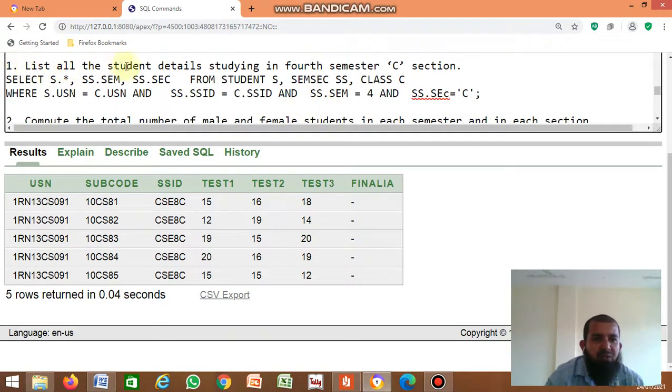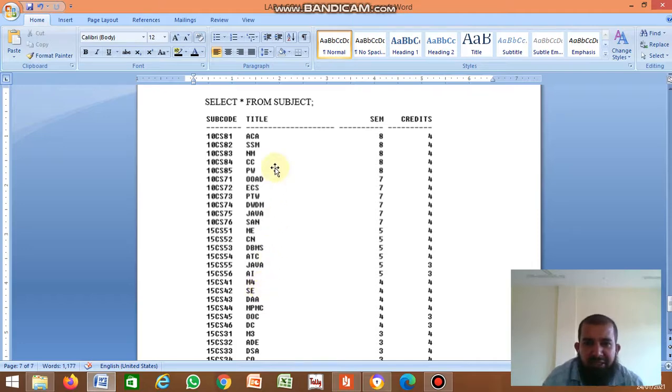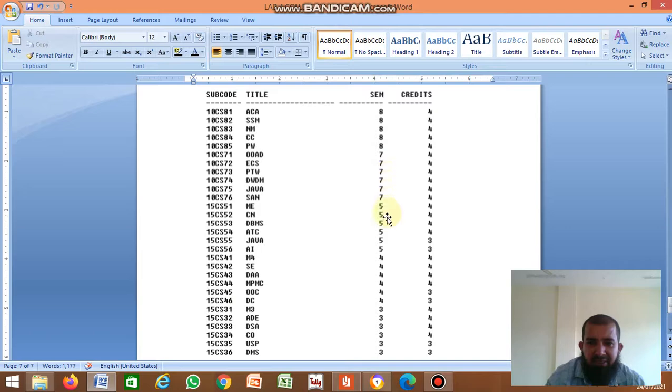First, list all the student details studying in first semester C section. Let's see the tables here. So this is the subject table. How many students studied in fourth semester? 1, 2, 3, 4, 5, 6 are there.